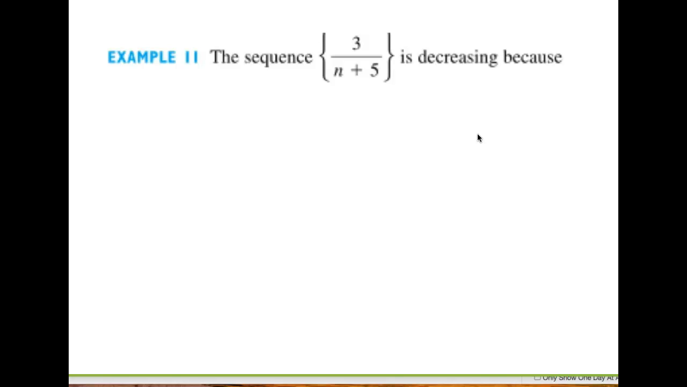So let's talk about the sequence 3 over n plus 5. And how would we prove that it's decreasing? Well, if a sub n equals 3 over n plus 5, then a sub n plus 1 would be 3 over n plus 1 plus 5, which is just 3 over n plus 6. And then if I compare those two,